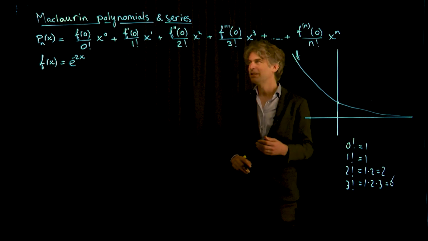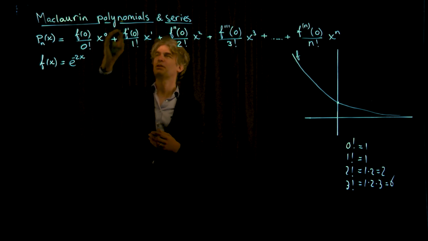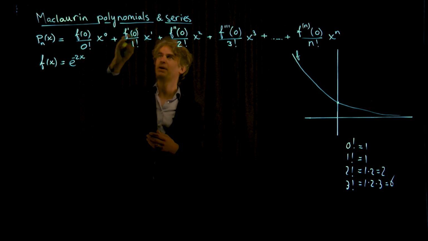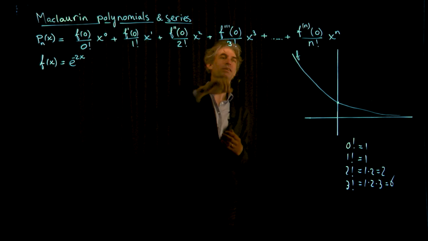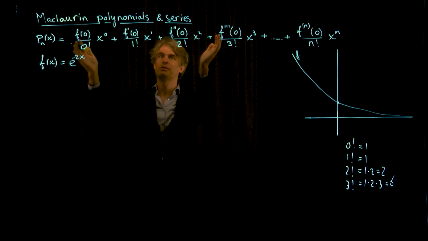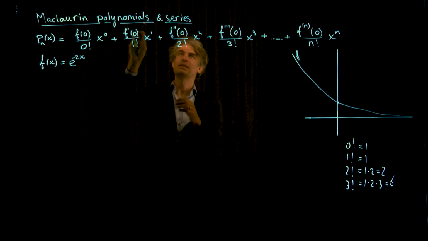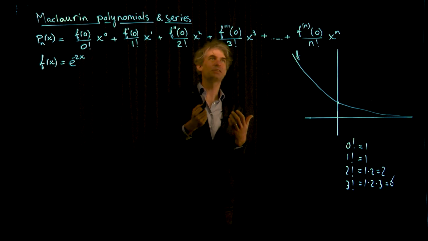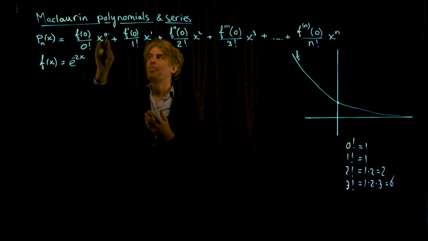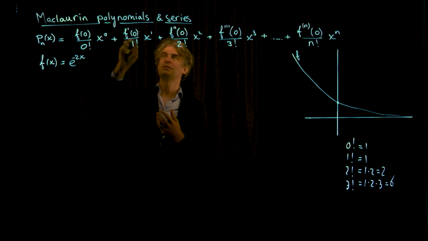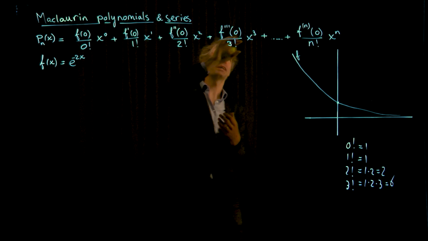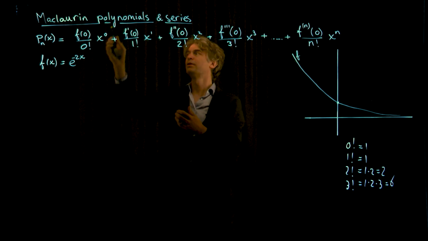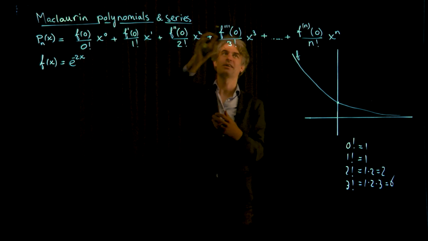And what else do we find? We find here these derivatives of the function f, but not as such. We find them with the 0 plugged in. So never the derivative itself will pop up in your Maclaurin polynomial, always with the 0 substituted for x. Where does the x come from in your polynomial? That's from these extra terms, x to the 0, x to the 1, x to the power 2, x to the power 3, x to the power n. That's why we get a polynomial. That's because these x's are here.